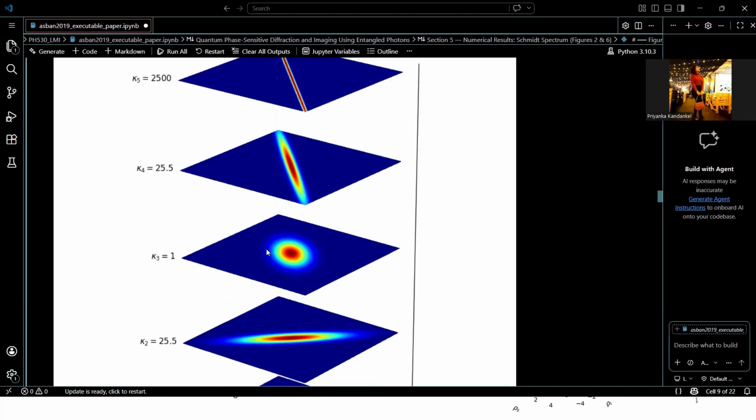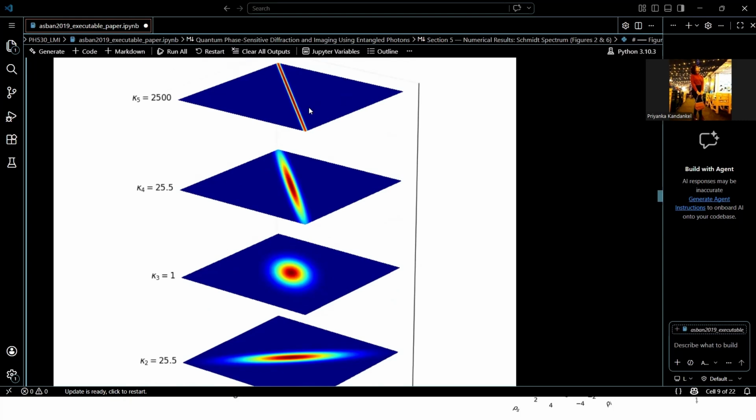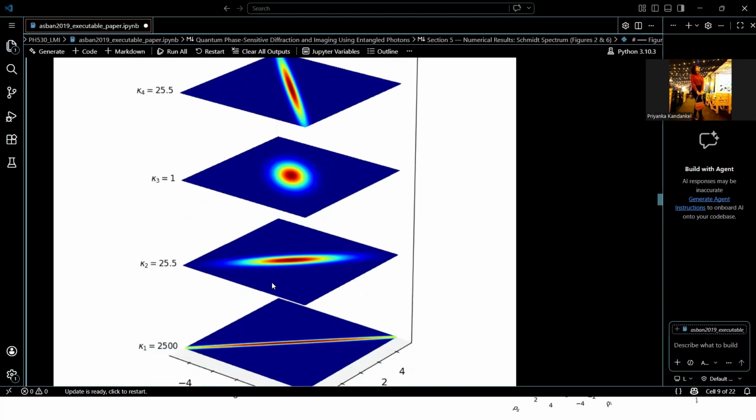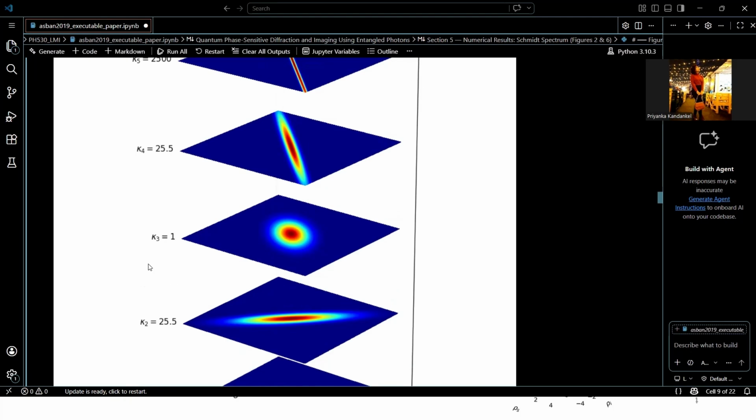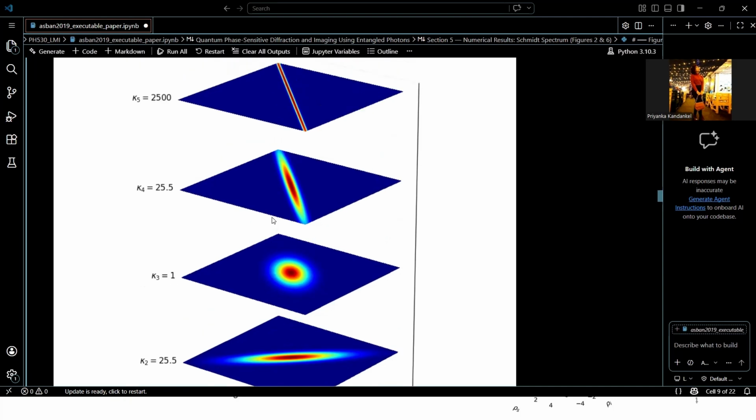So here you can see 5 panels: 1, 2, 3, 4, 5. At kappa 3 equals 1, that is the middle one, the amplitude is a round Gaussian blob, and these photons are separable, that is not entangled. So as we move downward,